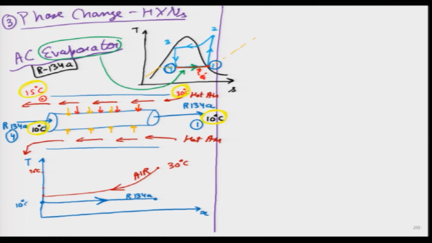So, what I have shown with the red and blue arrow again is a very good example of a heat exchanger, and this is a special case where phase change is taking place. And I also know the direction of phase change, that some sort of evaporation or boiling is taking place, that liquid is getting converted into vapor.